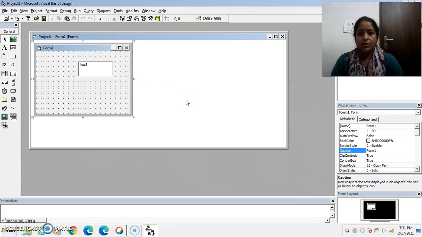If we want our text to be visible in the area, then we have to set the multi-line property to true. The multi-line property also automatically provides the word wrap facility, which is provided by the Word application.